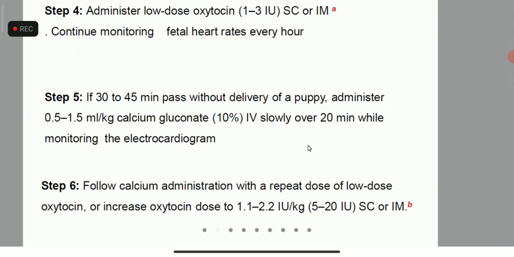The dose rate is 0.5 to 1.5 milligram per kg body weight. And it should be very slow, because as and when you give calcium, it causes tachycardia, isn't it? Sometimes when the tachycardia goes beyond the limit, it is very fatal. If you give a rapid bolus of calcium through IV, it causes tachycardia and instant death, cardiac arrest.